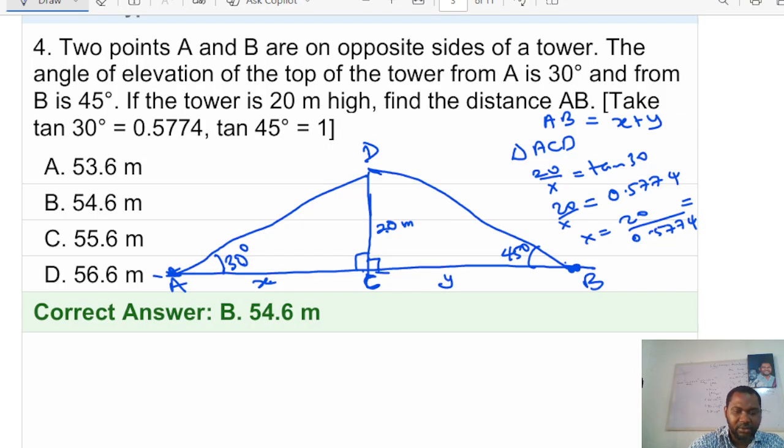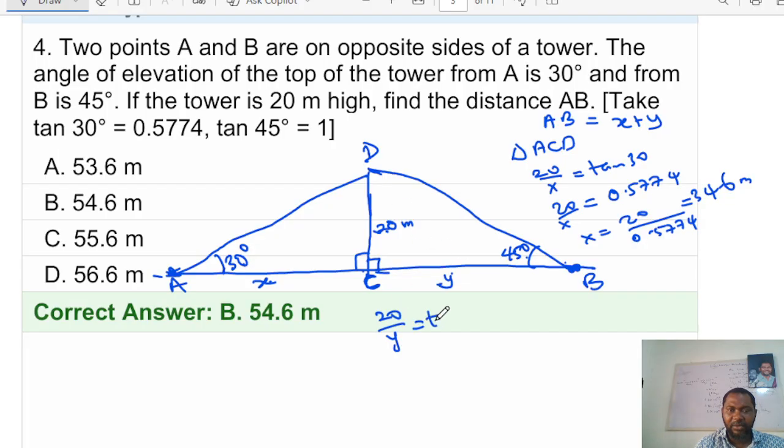Okay, so 20 divided by 0.5774, and so we are getting 34.64. So I'm going to write here 34.64, or I will just say 34.6 meters, since this is just one decimal place. Then to find y, 20 is opposite of 45, y is adjacent, so I'm going to say 20 over